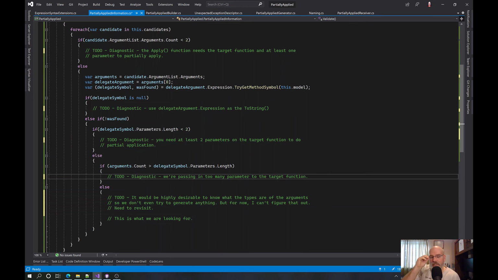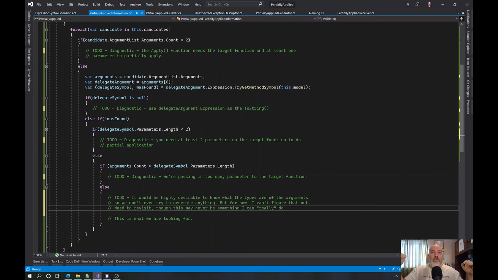If I just gave you an a, which isn't a variable, what really is that? The thing I was getting at is there's a helper library, Roslyn Utilities, that apparently can give you some analysis to figure out, given what's passed into you, what it actually is. For literal expressions, I think I could do something reasonable and figure that out. For things where I really don't know what you're going to be passing in, I don't know. This may never be something I can really do. I would always need to know, given these arguments, what actually are they? And if I can't figure out what they actually are, then